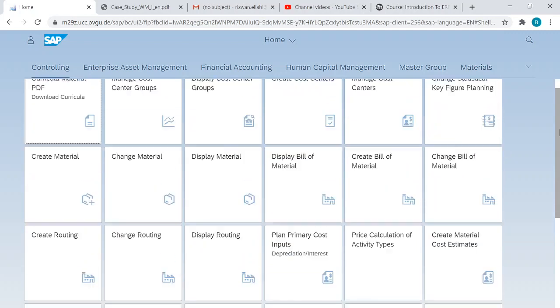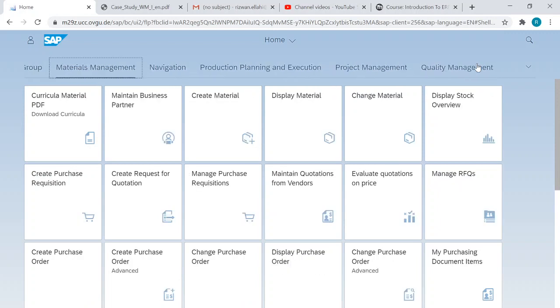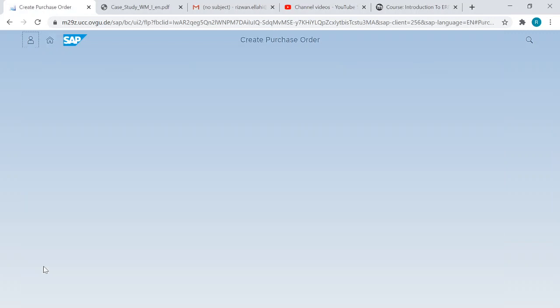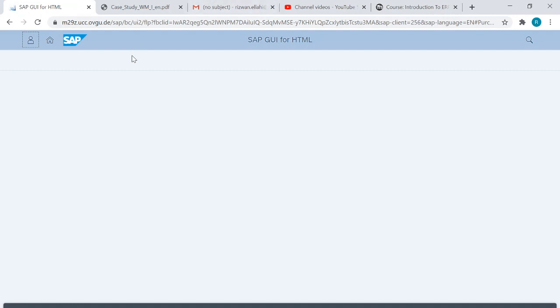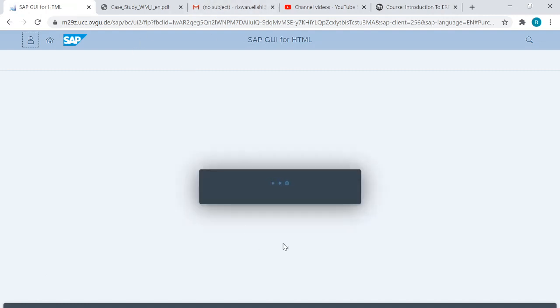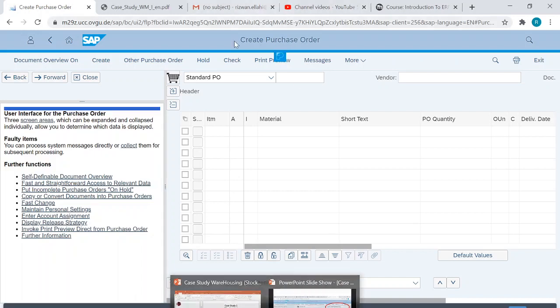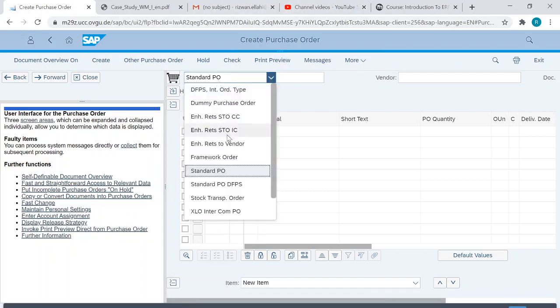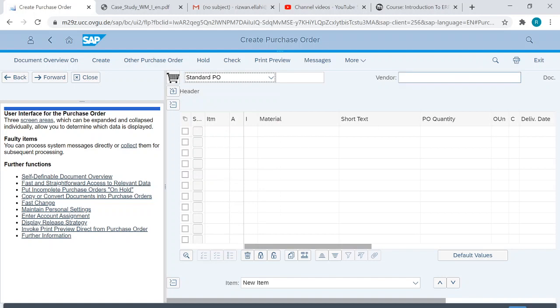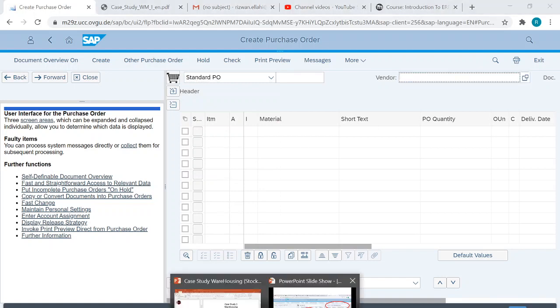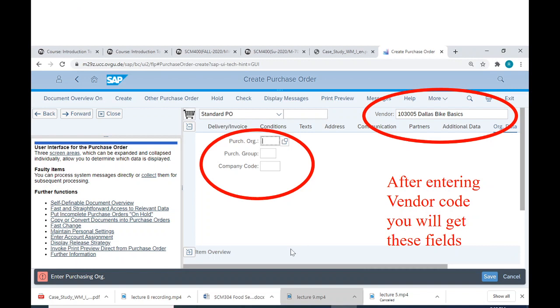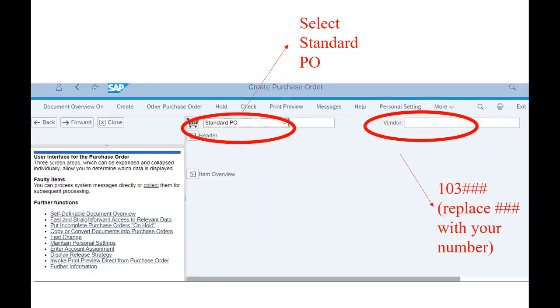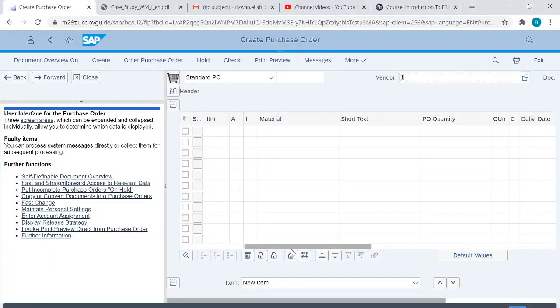Okay, so here we go, in our materials, and create a purchase order. We will select standard PO and then 103, 103 005.